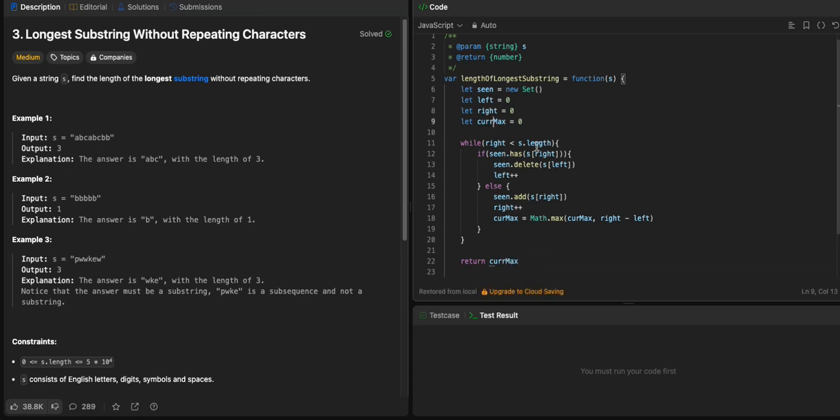We'll do a double R, double R, double R, double R, just to keep it consistent with everything. So we have our seen, we have our left pointer, our right pointer. These will represent the indexes that we are comparing. And our curMax, which is the length of the current substring with no repeating characters. So while right is less than the length of s, if seen has s of right,